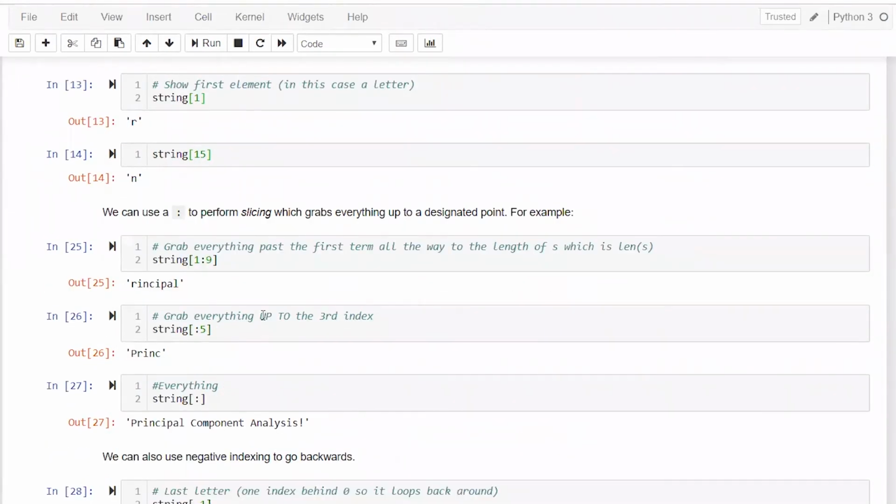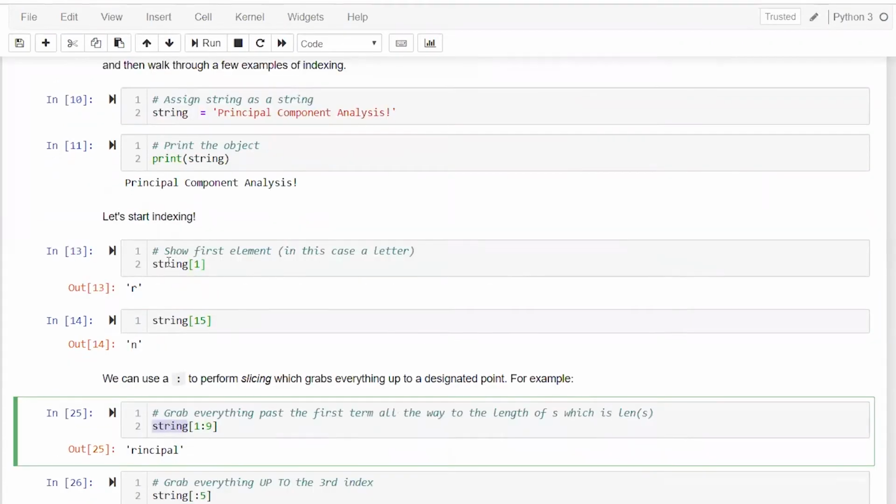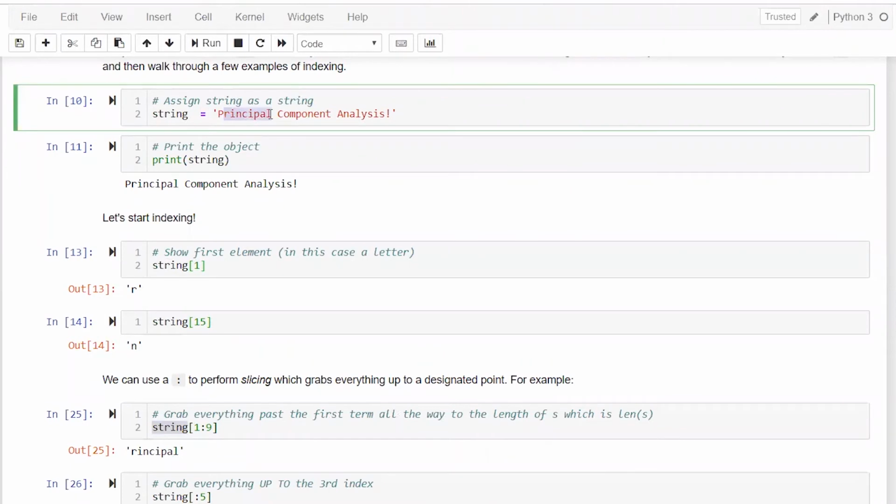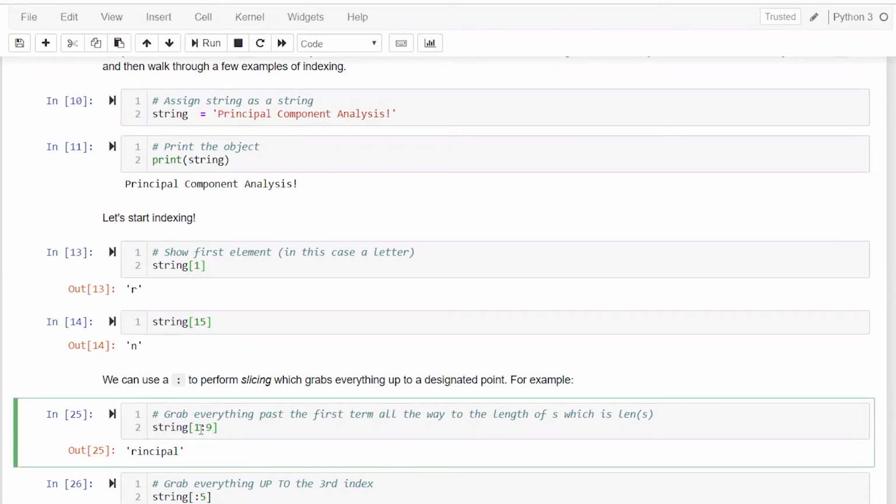And then later what we can show is that in a string you can extract a substring as well. For example, let's say I wanted to extract this particular substring, rinciple. So what I should do is provide index 1, and then the colon comes in very handy here.